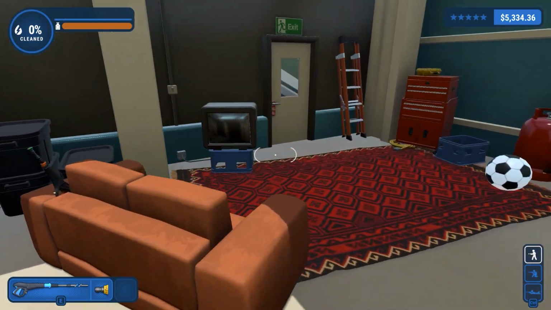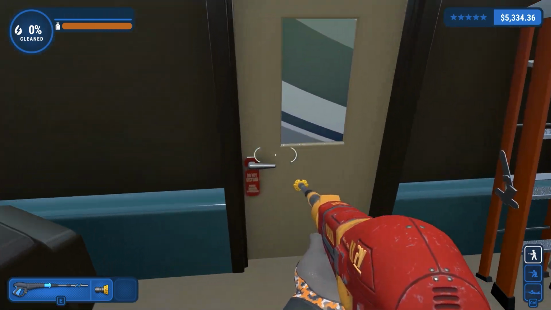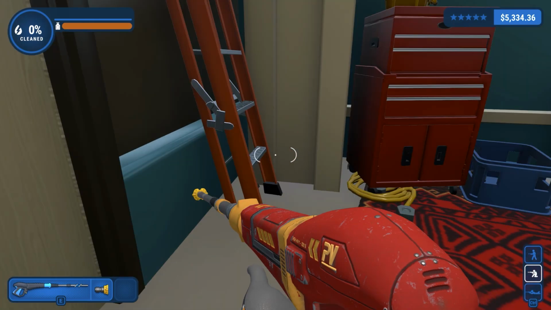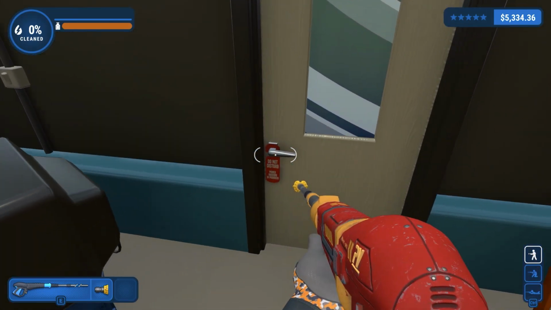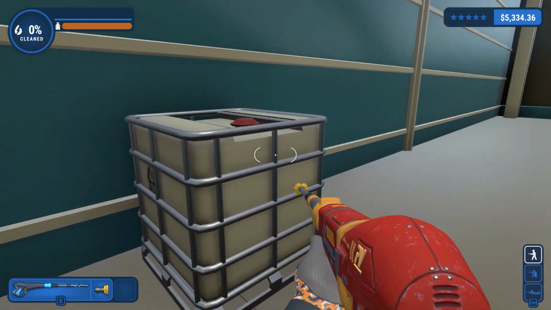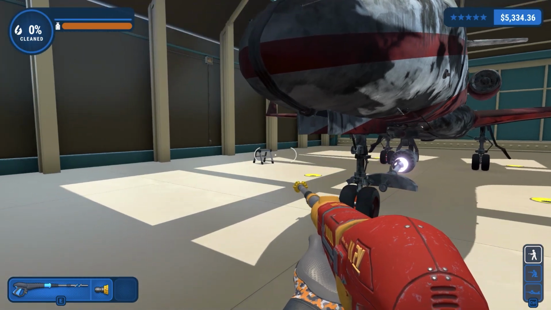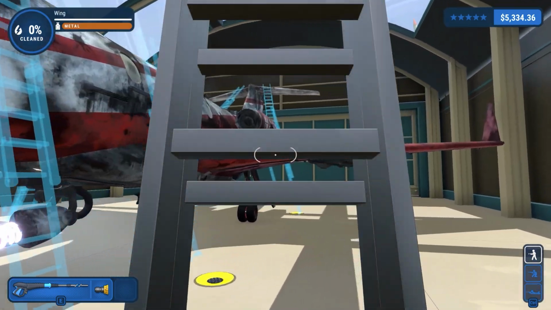In this corner here, we have an old TV, because why not? We have our exit, which says, do not disturb, power washing in progress. Brilliant. Although we put it on this side of the door rather than the other side. Oh, I guess we don't know if it's on the other side or not. Lockers, everything else. And we have our ladder. And we have a step there. So I can pick up the ladder and...